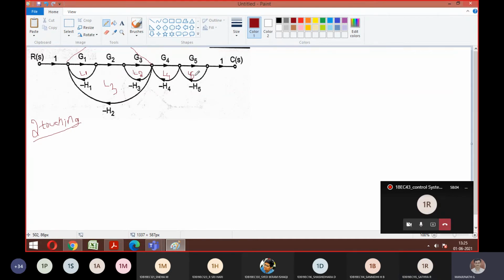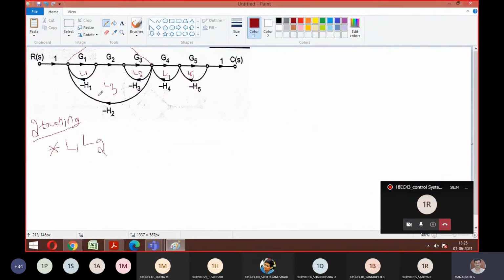How can you tell L4 and L5 are non-touching loops? You can see the diagram clearly. It is touching each other, right? Yes, sir. So then how can it become non-touching? Non-touching means there should not be a connection. So can I tell L1, L2 as a first answer? Yes or no? Observe the things carefully. What is the thing I told? The node should not touch the other loop. That's all. See, L1 is a separate node, L2 is a separate node.